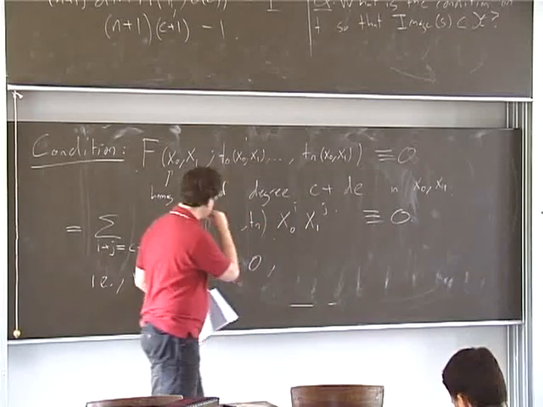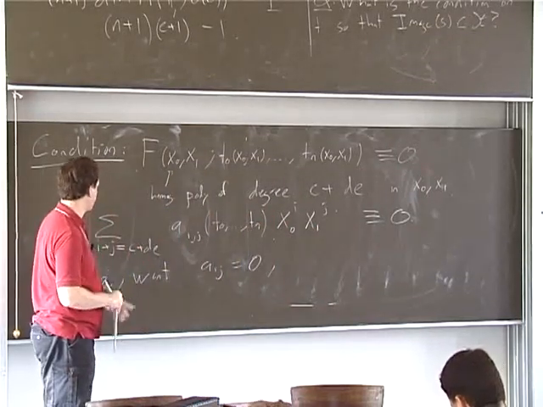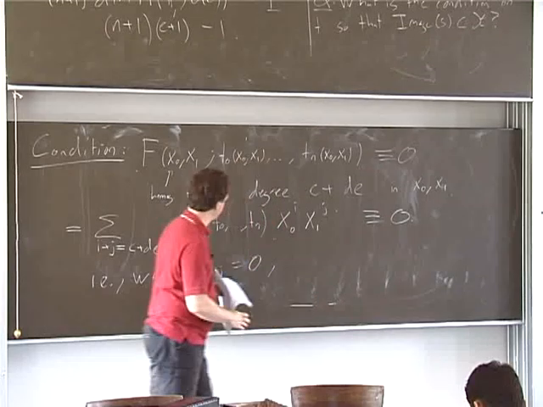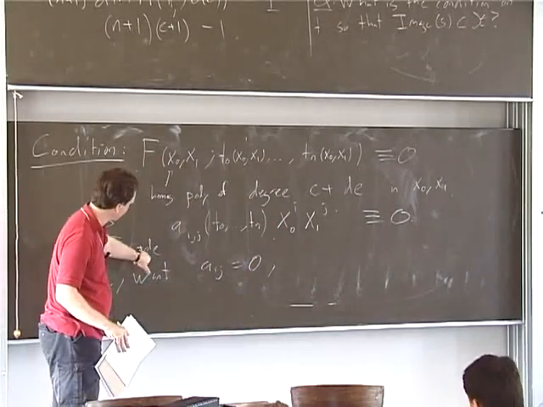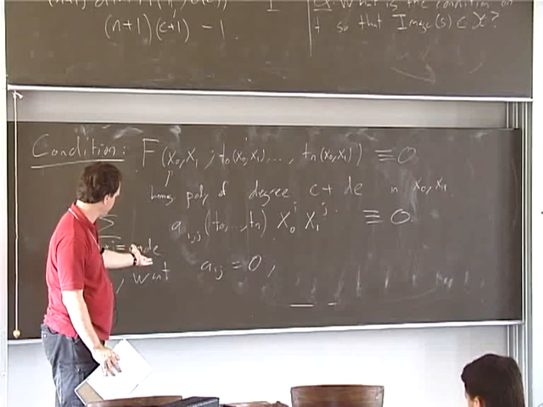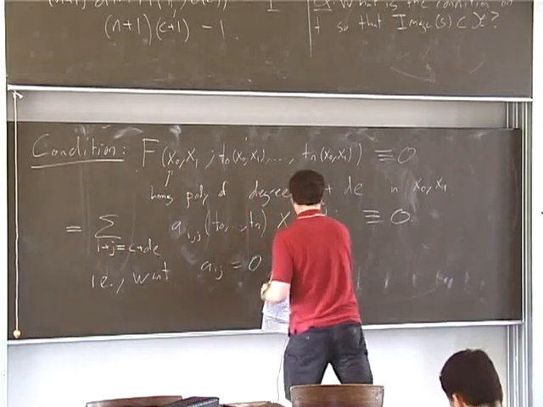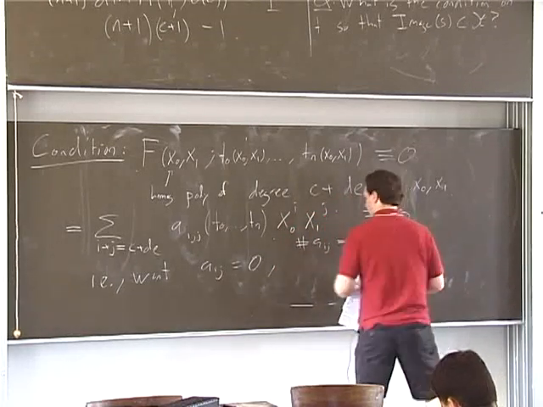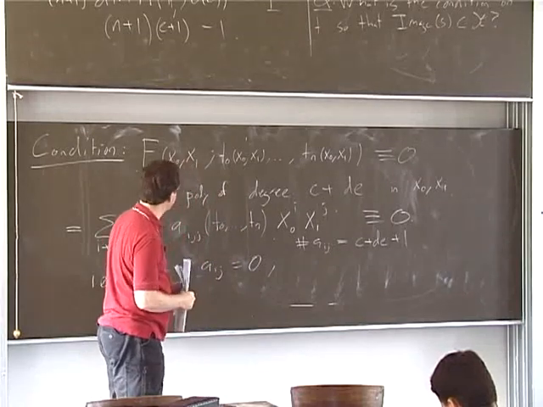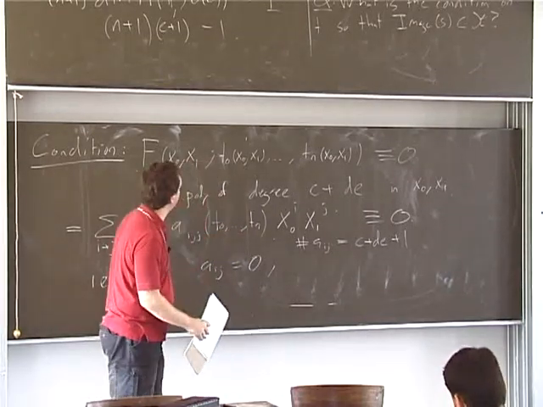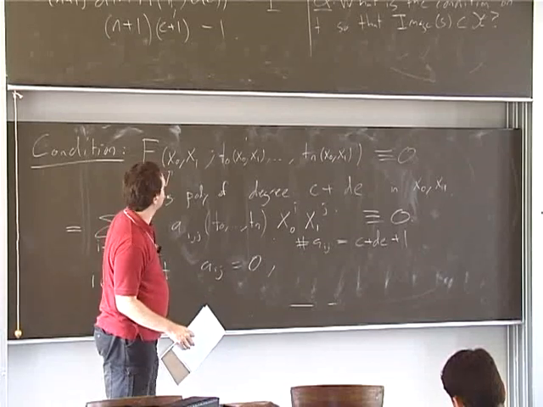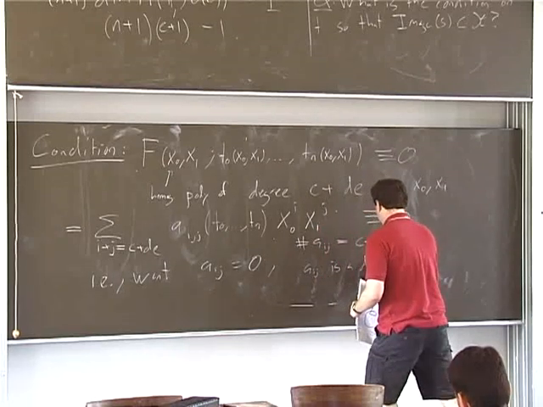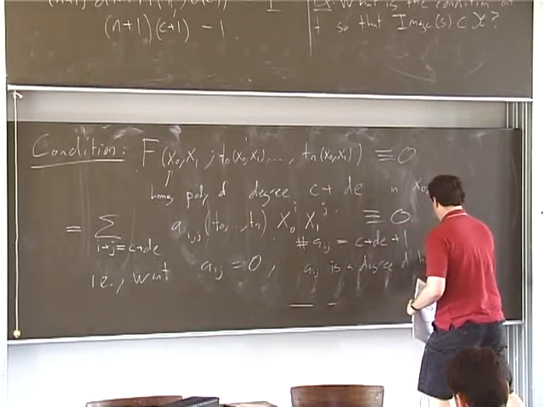Now, what are the a_ij's? Well, first of all, how many of them are there? There are c plus de plus 1. So the number of coefficients, I mean, the dimension of the space of polynomials of degree c plus de in x0, x1 is, again, c plus de plus 1. So the number of a_ij's is equal to c plus de plus 1. And each of these a_ij's is itself a homogeneous polynomial in the t0 through tn of degree d. So each a_ij is a degree d homogeneous polynomial